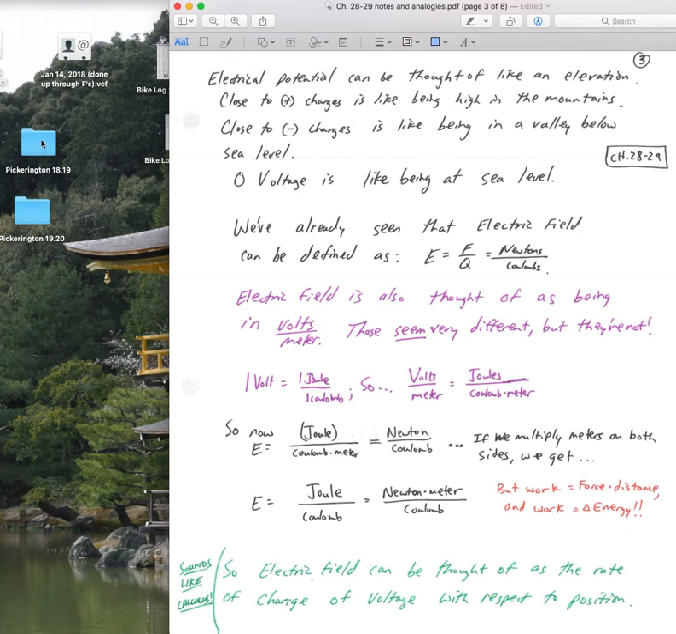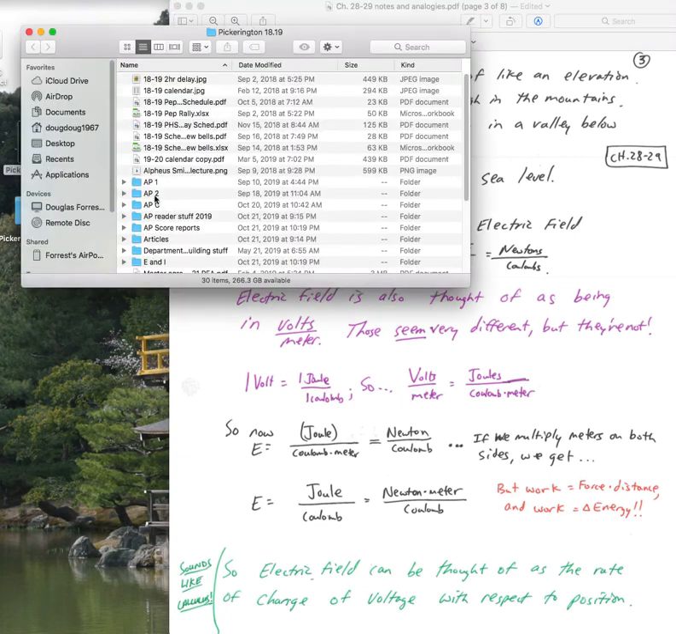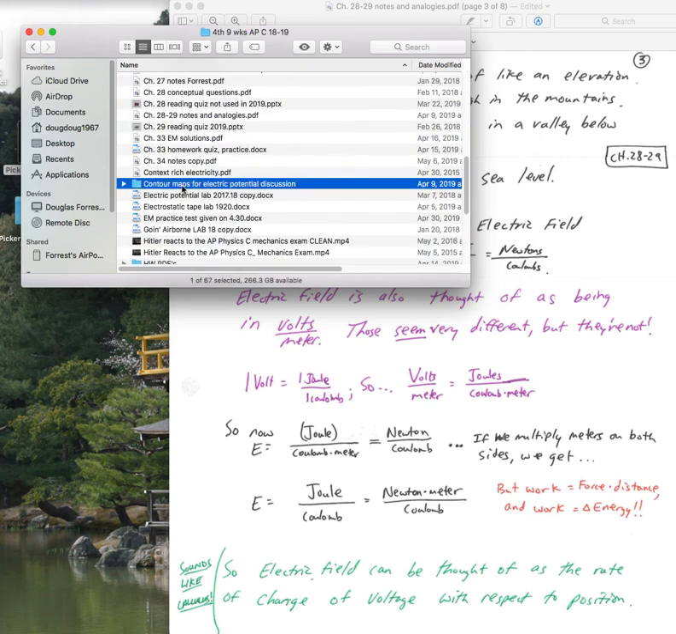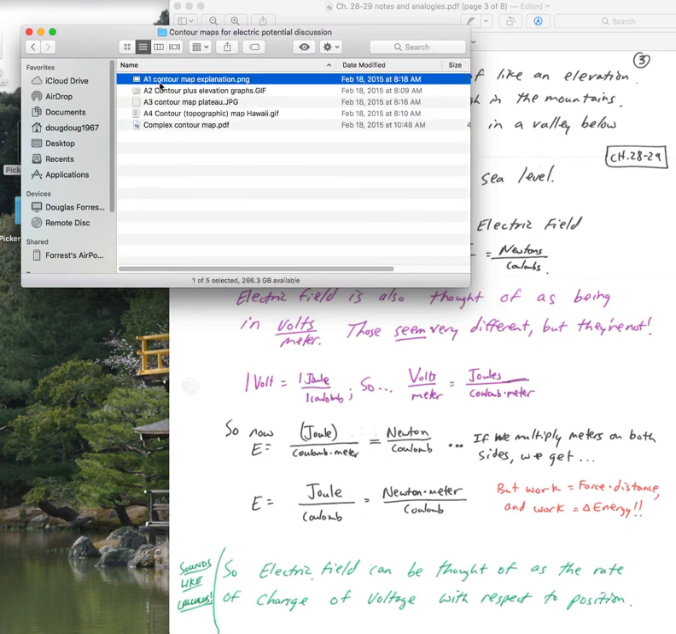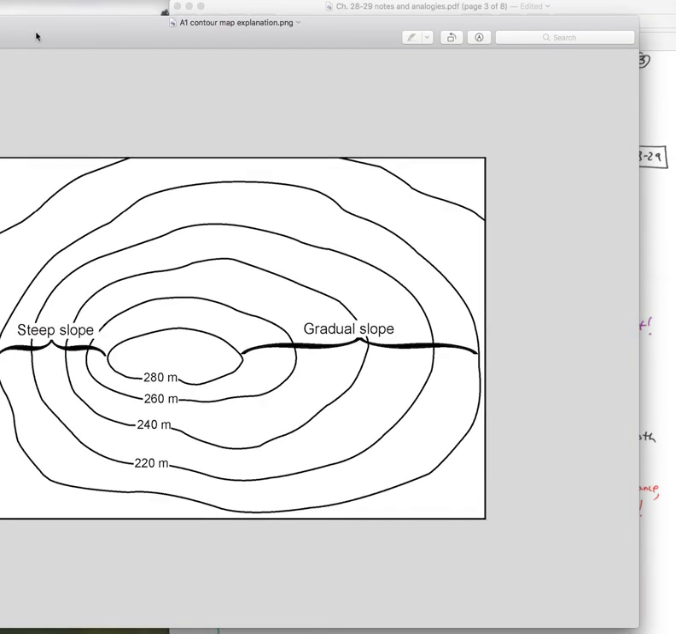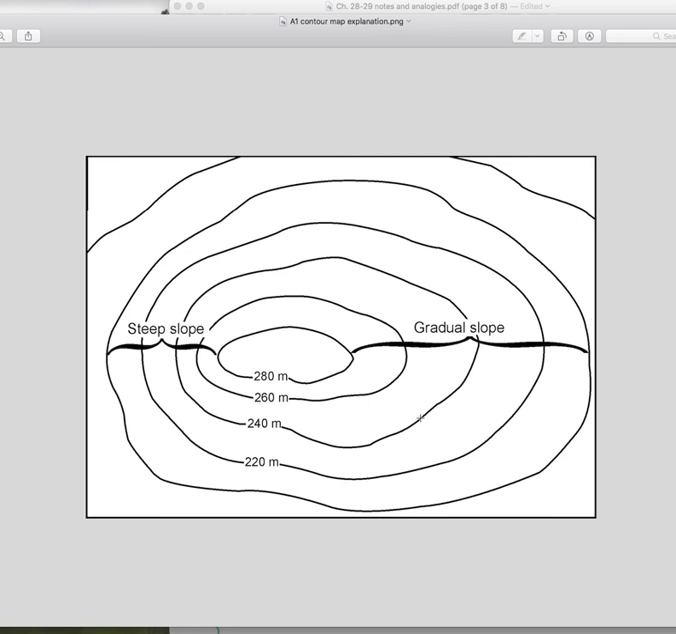I'm going to show you, I think I've got those here from last year. So if we have something like this, this is actually from earth science. If we have these equal elevation lines, those are called contour lines. In electricity, we could think of these as equipotential lines or lines with the same voltage. So this might be at plus 280 volts, plus 260 volts, plus 240 volts, plus 220 volts, plus 200 volts,